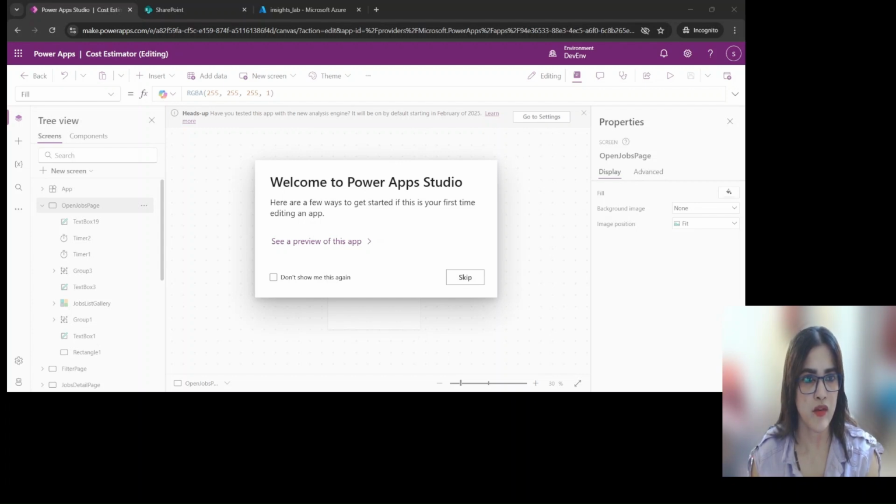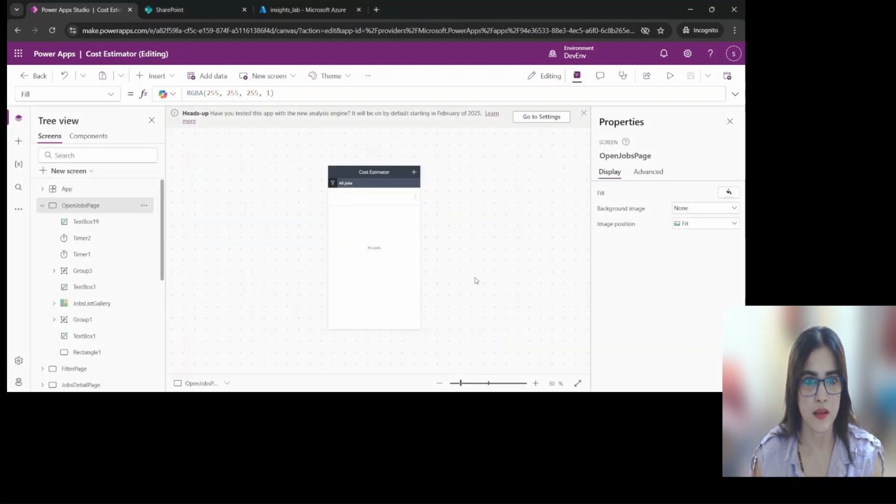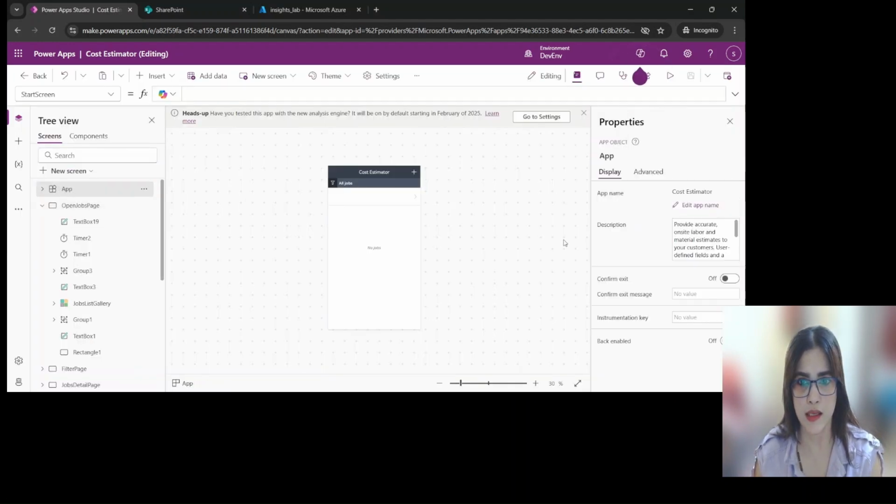Okay, now our Power Apps is opened in our Power Apps Studio portal. Click on Escape and select the app, and then in the properties you can see there is an option for instrumentation key. We can paste that instrumentation key which we have copied from the Application Insights overview section,